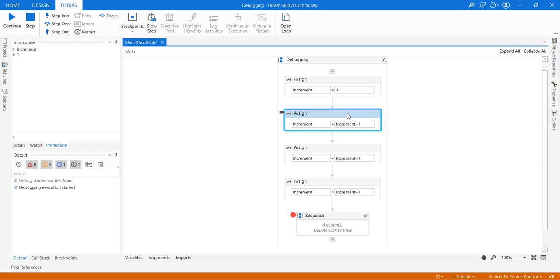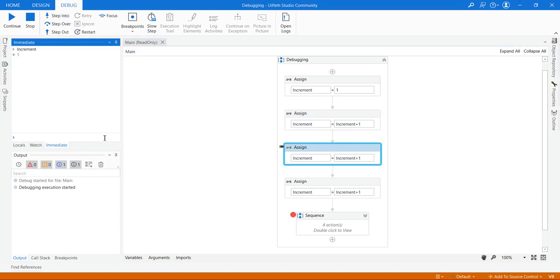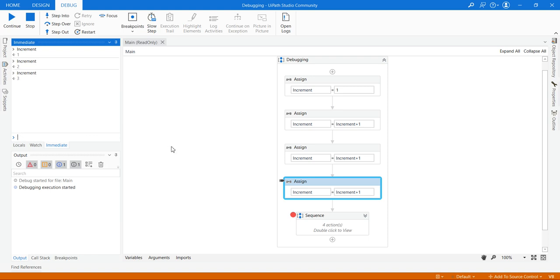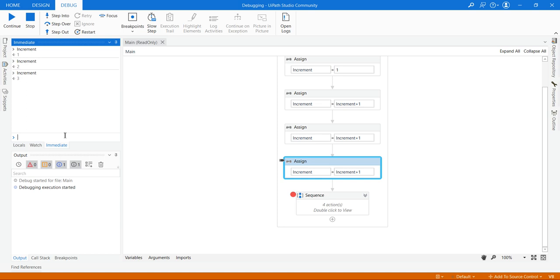So until this step, the increment value is 1. If you click on step into again, the increment value increases by 1, which means the increment value is 2. If you check again in the immediate panel, it will give you 2. If you click on step into again and check the increment value, it will be 3. This is the way you can check whatever variables you have assigned in a flow